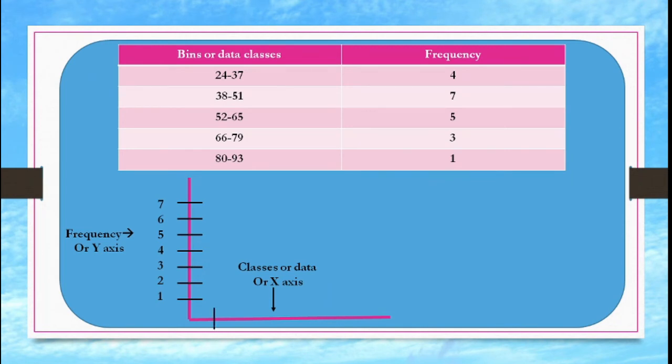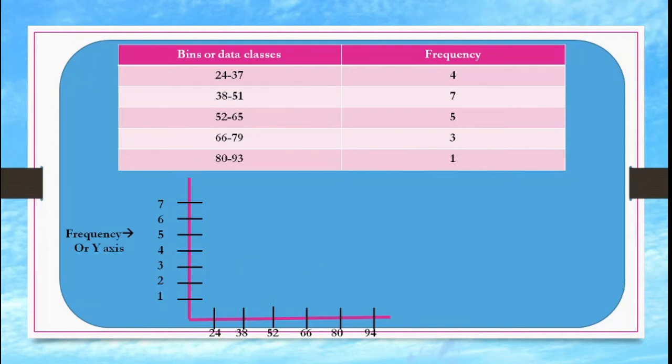Now the time for the x-axis, you can see the same thing, the numbers required. Now you can see 24, 38, 52, 66 and 80. We are getting all the initial values. So our next value is 92. So we will take 93, because after this 93 what will come, 94 will come, so we must take this, otherwise our last bar of the histogram will not be generated in a proper way. Every time you have to do it.